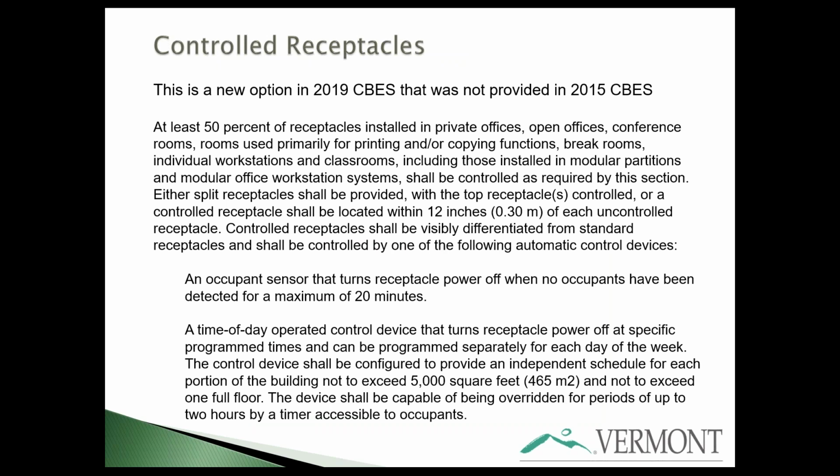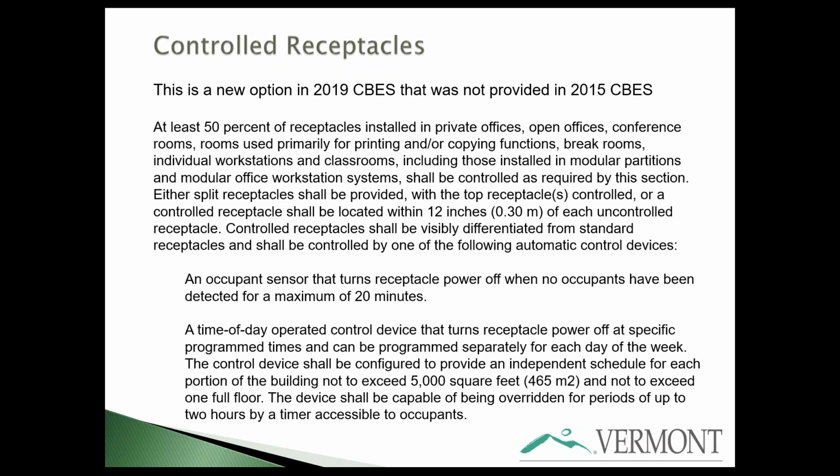And then the last of the options in 406 that are under electric power and lighting is these controlled receptacles. The idea here is that as our energy code becomes more and more stringent, our plug loads become a bigger portion of our building energy use. This is a preliminary attempt at trying to make plug loads more efficient. And what this requires, if you want to go after this option, is putting 50% of your electrical outlets into a controlled function,